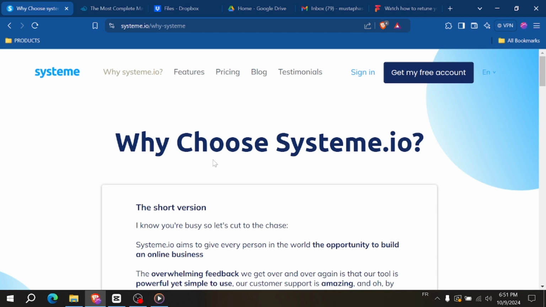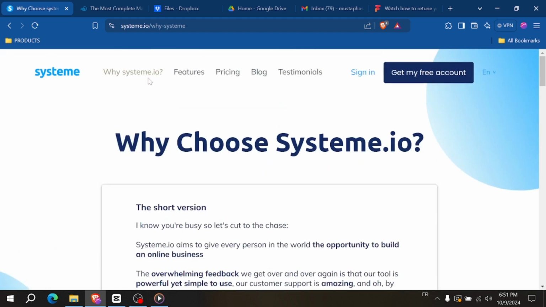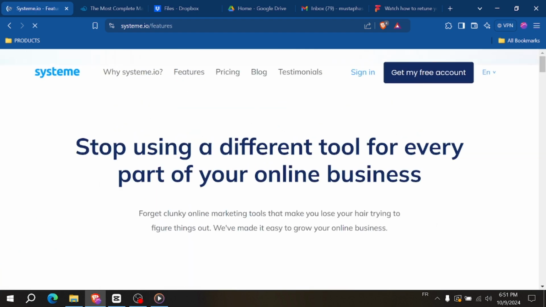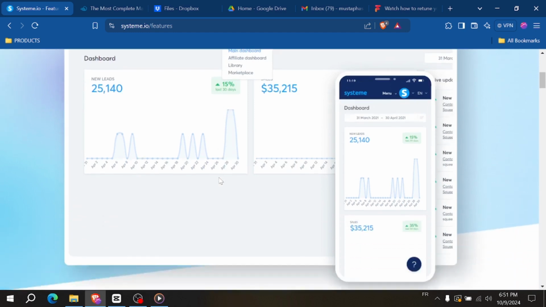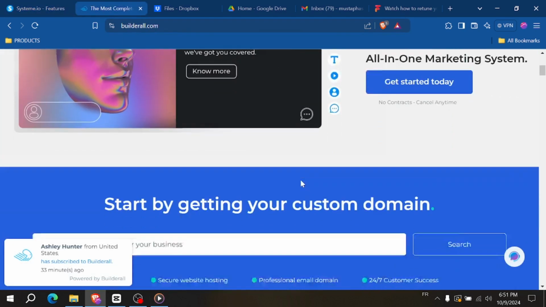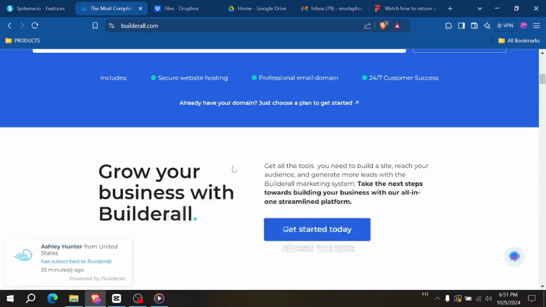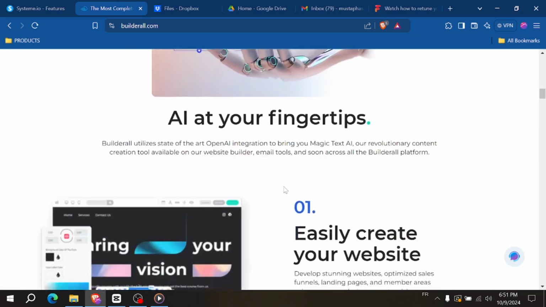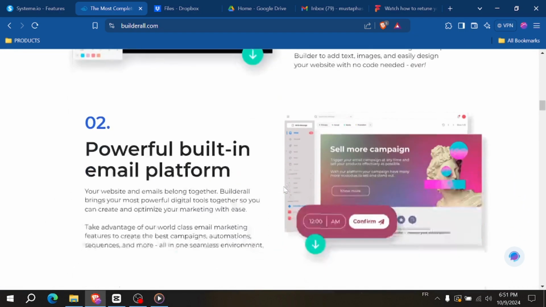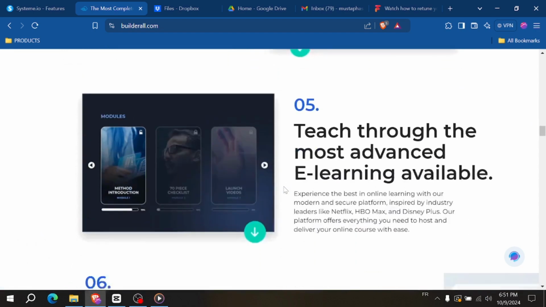For features, System.io focuses on essential tools like email marketing, funnel building, course creation, and membership sites. It's streamlined and efficient for those who need the basics covered without unnecessary complexity. Builderall includes over 30 tools, such as a drag-and-drop website builder, webinar platform, CRM, email marketing, and more. So it's great for those who want an all-encompassing solution, but may feel overwhelming if you don't need all the